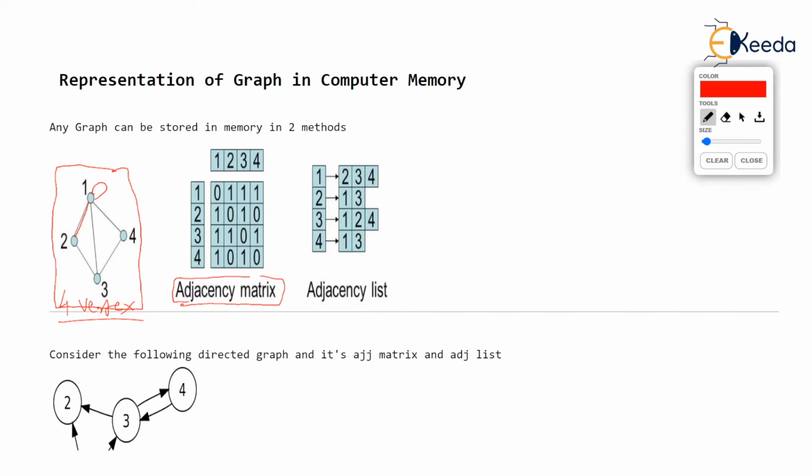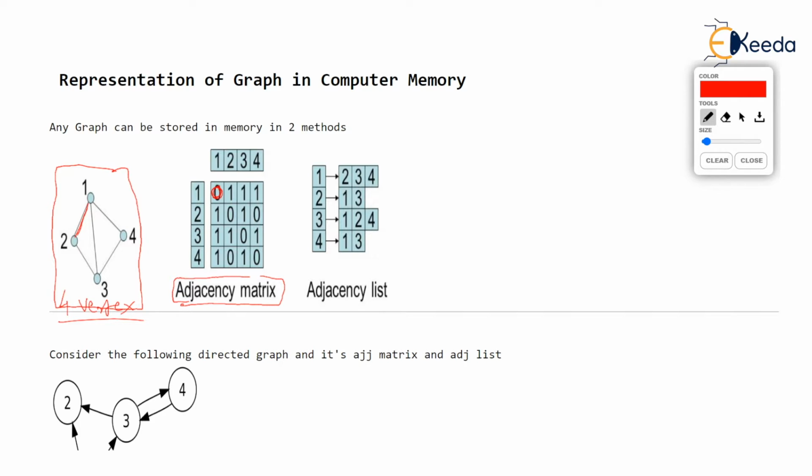I hope you are getting what you mean by adjacency. Adjacency means i is adjacent to j if there is an edge from i to j. So 1 is not adjacent to 1 because there is no edge from 1 to 1. So hence, first row, first column will be 0. If vertex is not adjacent, we are going to fill that entry with 0. Now come to 1, 2, first row, second column. Is 1 adjacent to 2? Yes, because there is an edge from 1 to 2. So 1, 2 is going to be stored as 1.